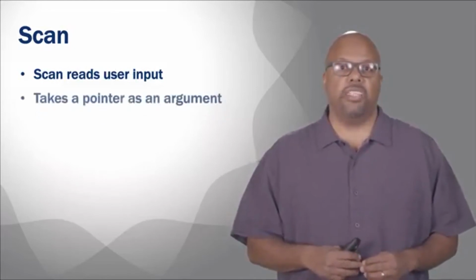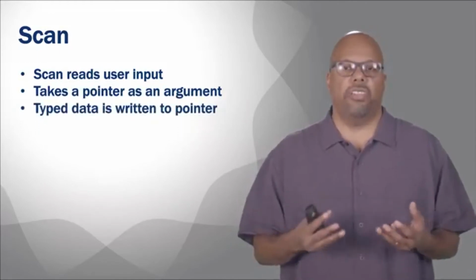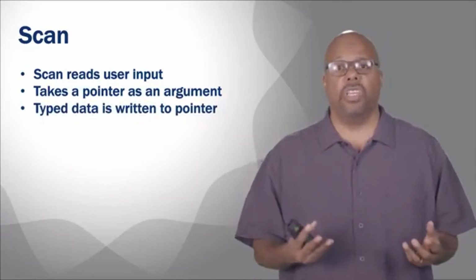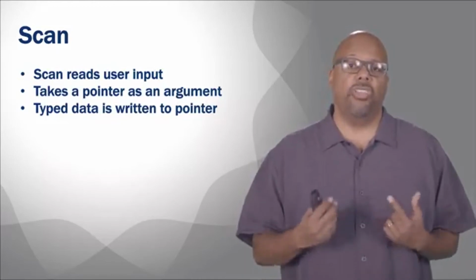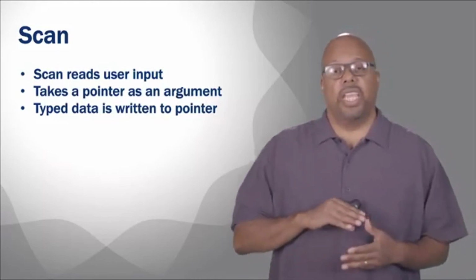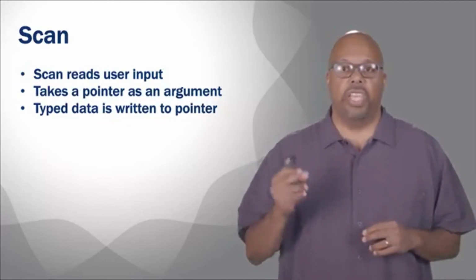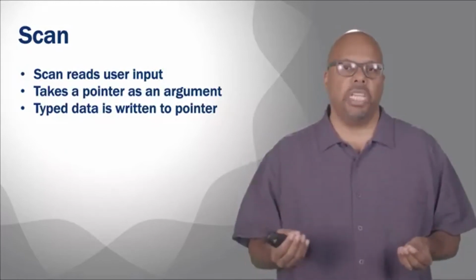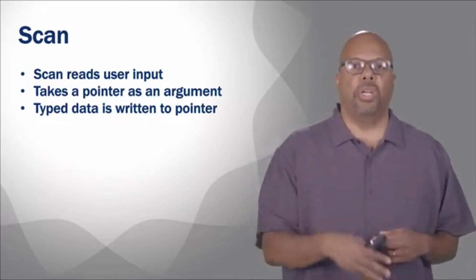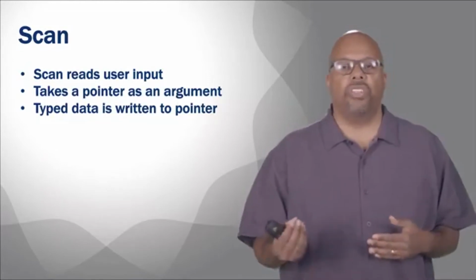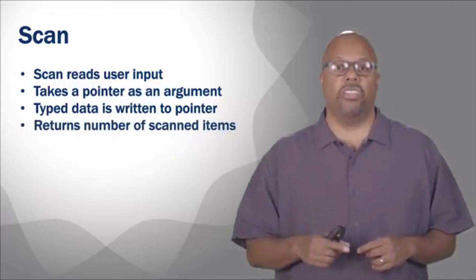What scan does is it takes a pointer as an argument. So you make a pointer to some value that you expect a user to type in. If the user is going to type in an integer, you would make an integer and pass a pointer to that integer to the scan function. When you execute scan, it blocks; the program waits until a user types in something and hits enter. When they hit enter, the scan function takes whatever they typed in and places it wherever the pointer is pointing. If you pass a pointer to an integer, it will turn what they typed into an integer and put it into that integer.